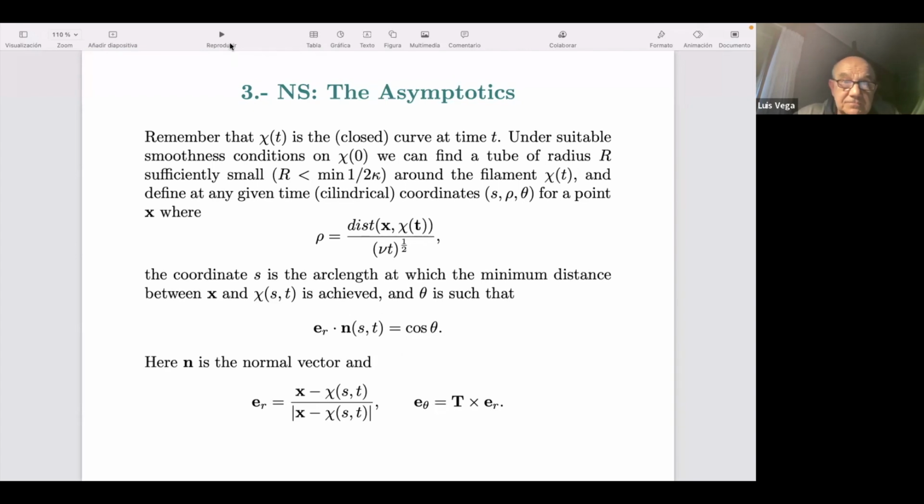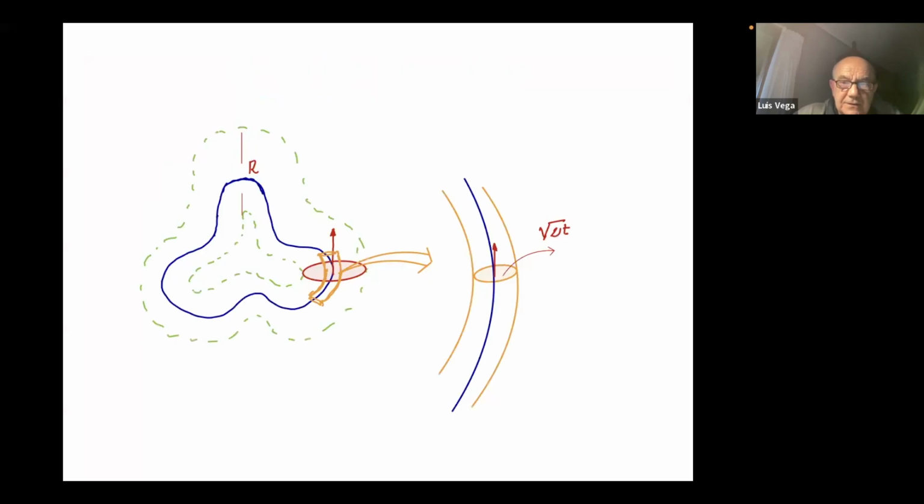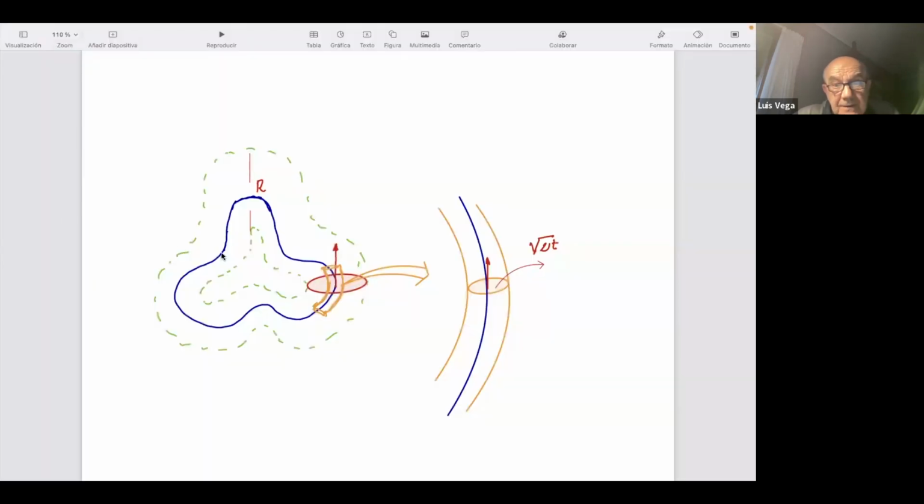So this is the picture. I have my curve, say this one, like the one we have seen in the movie. You saw in the movie that the curvature didn't seem to change too much. And in fact, we have solutions of the binormal flow with this symmetry, so this is not an issue.